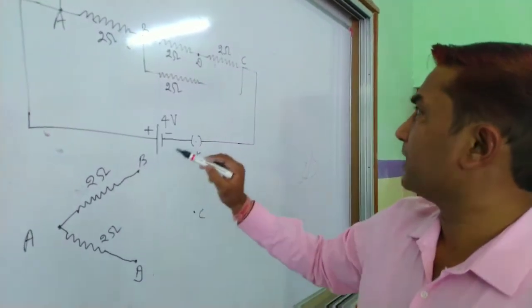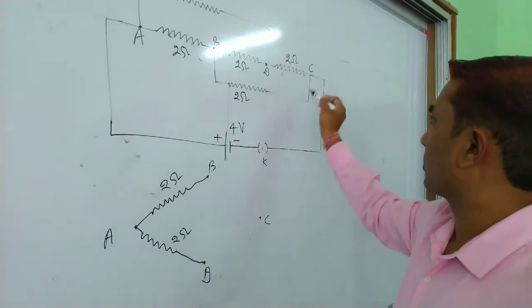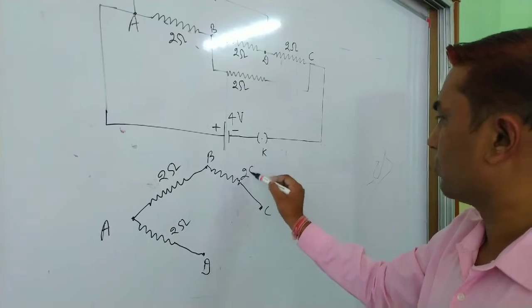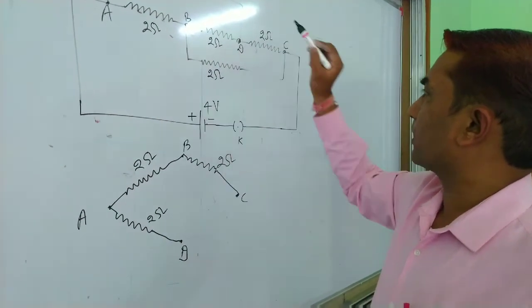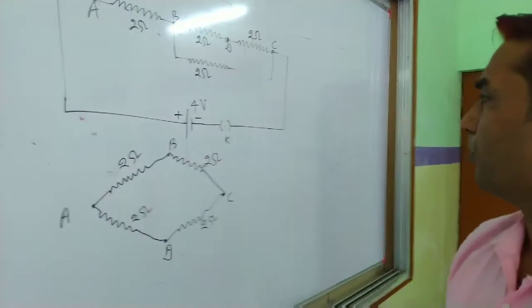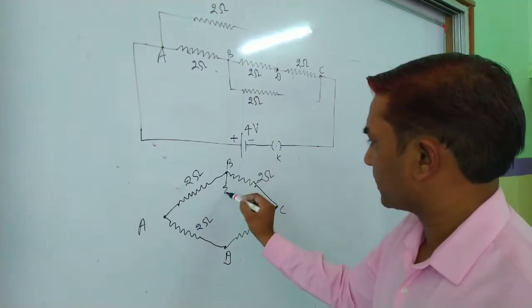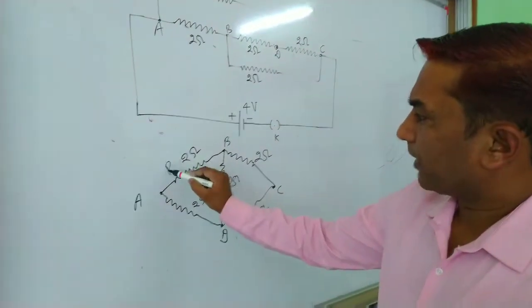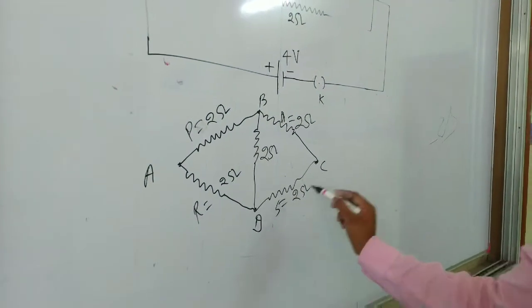Again, between point B and C, there is also another resistance of 2 ohm. Again, between point D and point C, there is also a resistance of 2 ohm. Now, in between point B and D, there is another 2 ohm resistance, which is also 2 ohm. If we take this as P, this as Q, this as R, and this as S, then